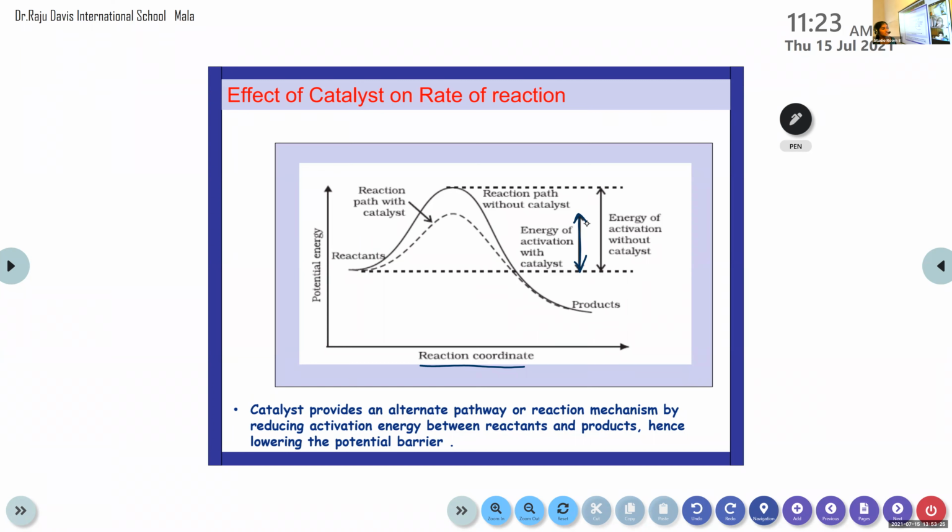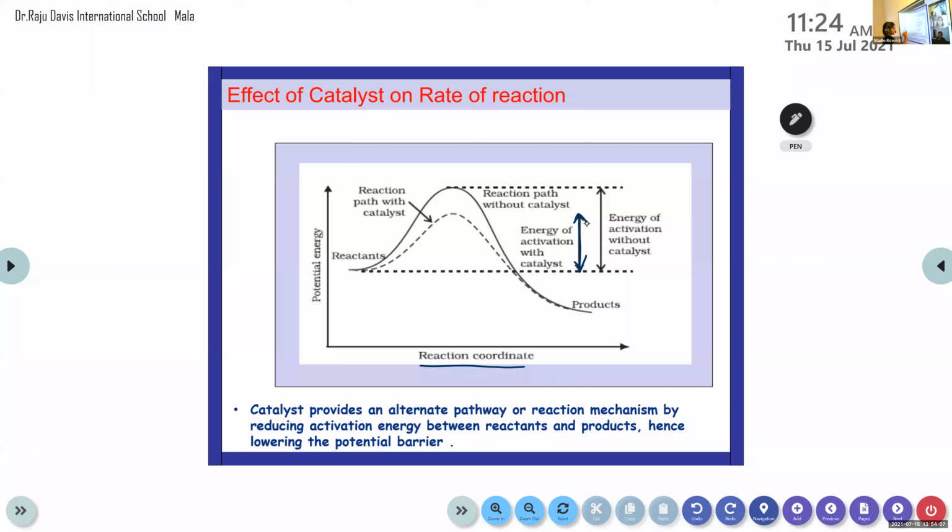What's the definition of activation energy? Adul, can you tell me the activation energy? The energy required to create the activated complex. Yes, the energy required for the formation of this activated complex is known as activation energy. So in the case of this reaction, with the presence of catalyst, a small activation energy is required. The amount of activation energy is very much less if catalyst is present in this reaction. That means the reaction will take place much faster.